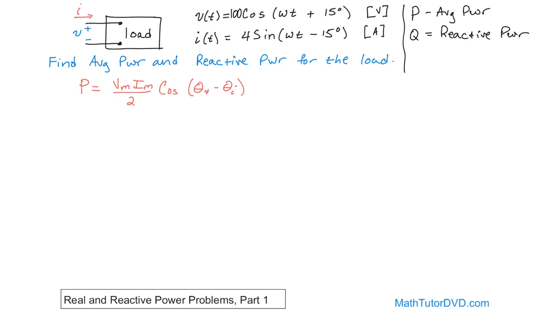So I of t, we're going to rewrite it down. I of t, what is that going to be? It's 4 times, we're going to change it into a cosine of omega t minus 15. The question is, how do we take this, which is currently a sine, and transform it into a cosine? What do we need to do to it? The answer is, I'll just tell you and then I'll explain why. You subtract 90 degrees. So here's the 15 degrees, here's the 90 degrees. Basically, when you start off with a sine and you subtract 90 degrees, then you can change this into a cosine. So this is the proper angle here, because now I of t is equal to 4 times the cosine of omega t. And when you take a negative